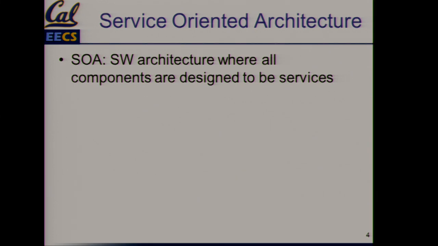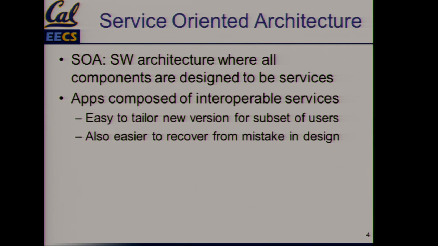So service-oriented architecture means every single software component is an independent component that you could logically connect to as if it ran on its own server. And what that means is, if you build an app that way, it's got these individual components. It makes it really easy to reassemble the components and make a new app. And it also makes it really easy, if you've built a bad architecture and you're getting feedback from your customer that it's not working the way you want, to reconfigure and put it together.